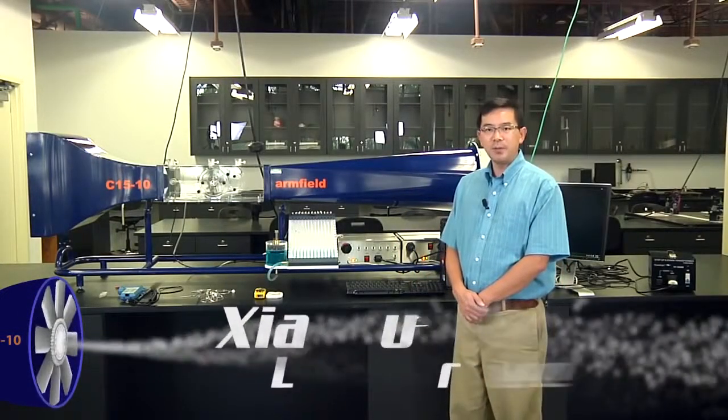Hello everyone, welcome to our first experiment in fluid mechanics. In this experiment, you will learn two things. Number one, the basic operation of the C15 turn arm-filled wind tunnel. Number two, you will learn how to measure flow velocity, in this particular case the wind velocity, by three different devices: